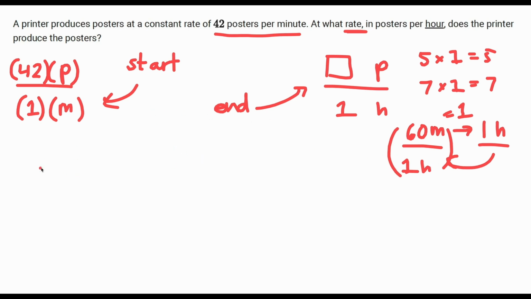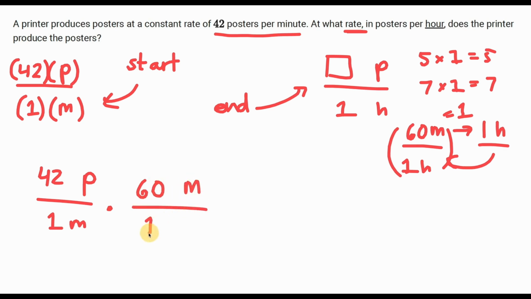So let's take this 42p over 1m, and then let's multiply this by 60m over 1h, where this is just 60 minutes over 1 hour. So when we multiply this by 60m over 1h, I want you to treat the number and the unit independently. So in the end, just ignoring the numbers for now, these m's are going to cross out, one on bottom and one on top, and we're going to end up with something where the units are p over h, because